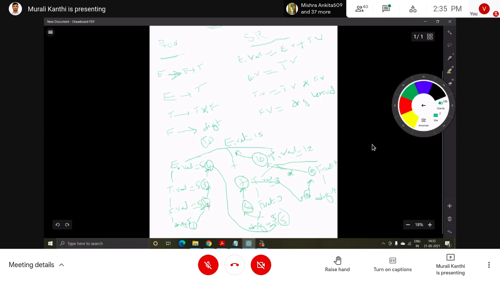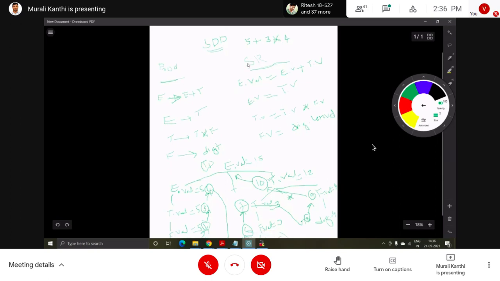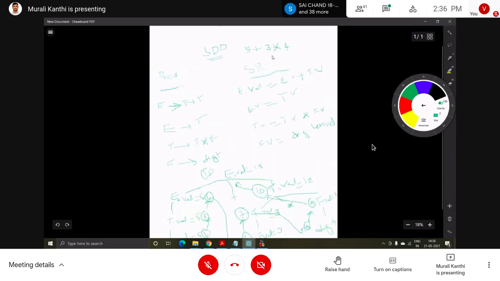So this is a dependency graph. So without this order, what is it called? It is an annotated parse tree. An annotated parse tree is nothing but a parse tree which contains attributes with values. That kind of parse tree is called an annotated parse tree. So from the annotated parse tree, we can draw the dependency graph. That dependency graph is going to tell the order of evaluation of the expression. Here evaluation of expression means first which one is performed, the highest precedence operator is performed.